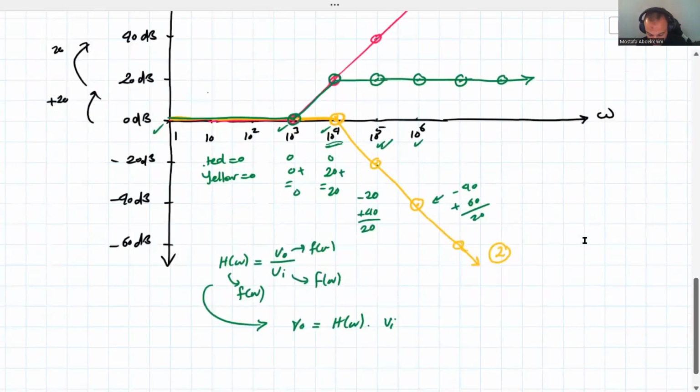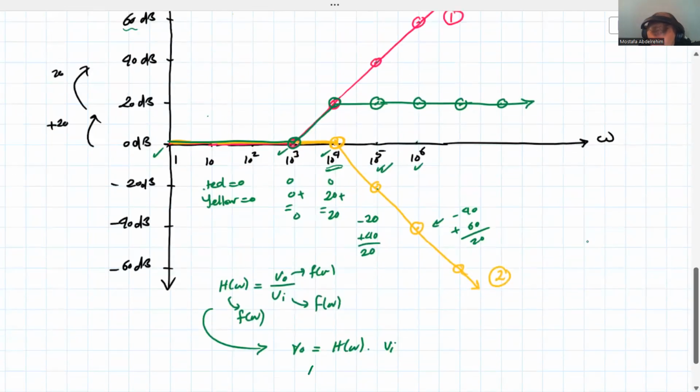So if the input frequency, omega I, which is 2 pi F, where F is the frequency and omega is the angular frequency, is less than 1000,